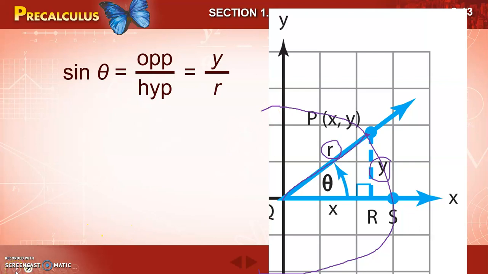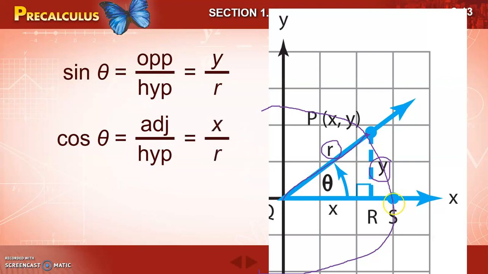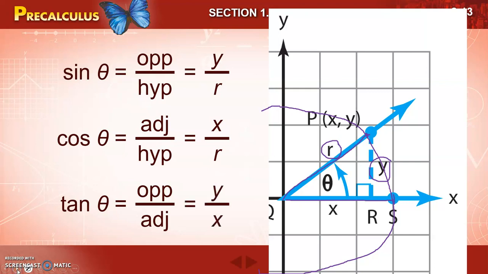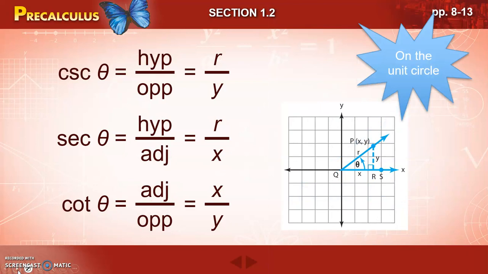So we're going back to those degrees and radians in that unit circle that we learned about in lesson 1. Cosine, we said cosine is adjacent over hypotenuse. In this case, it's going to be our x value over r, the radius, and our tangent, opposite over adjacent, is going to be our y over our x. From there, then we can derive our